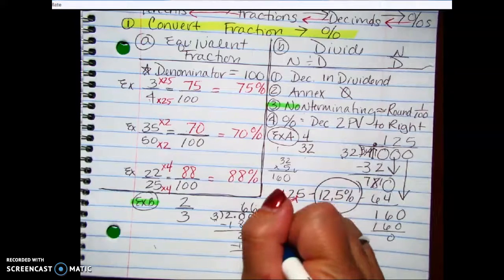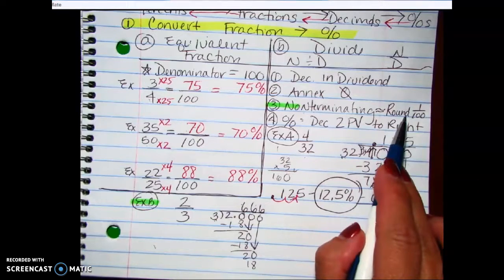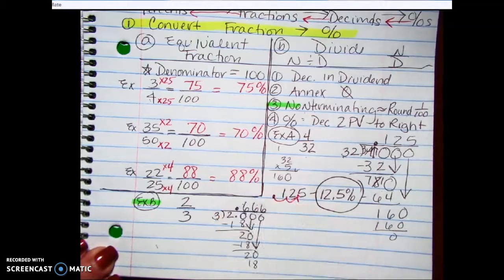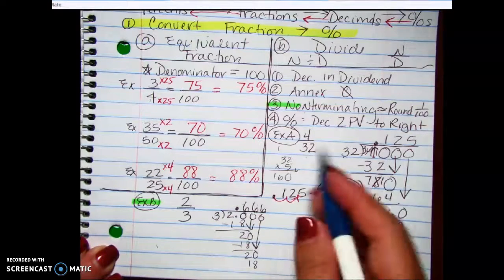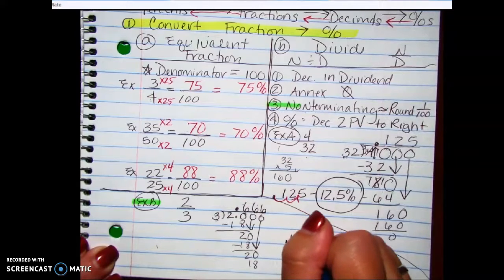So this is where I can stop. I have to round to the hundredths place. So make sure I bring up my decimal. I'm going to rewrite my problem. I'm going to separate these. I'm going to write 6